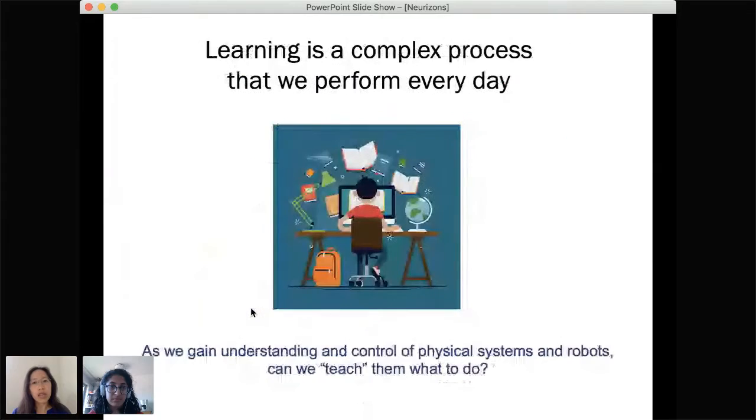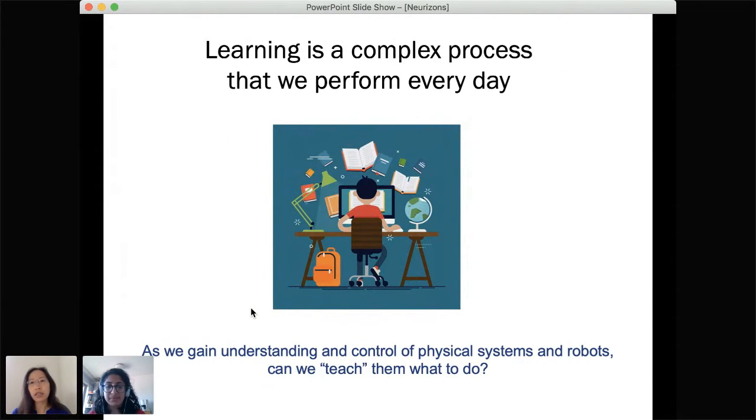So first, I'm going to start to introduce learning. Learning is a huge thing that we do every day, especially now in, let's say, coronavirus. We're all having to learn how to deal and adapt with the virus. So learning is something we do every day, and not only is it central to our lives, but as our technology is improving so rapidly, and we now have robots and artificial intelligence systems, can we also understand better what the learning process is so that we can use that to teach robots what to do, for instance.